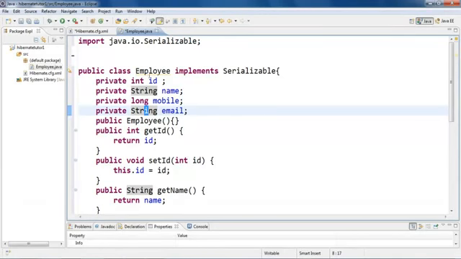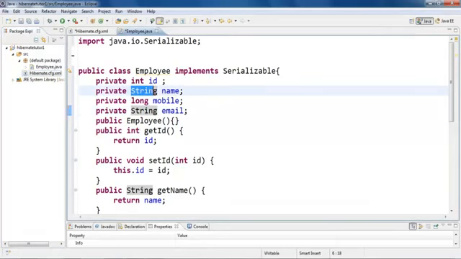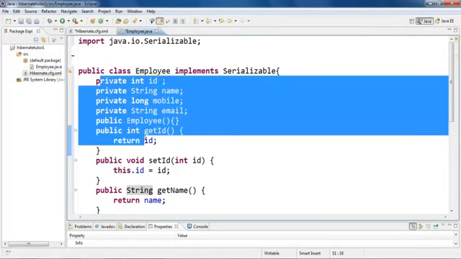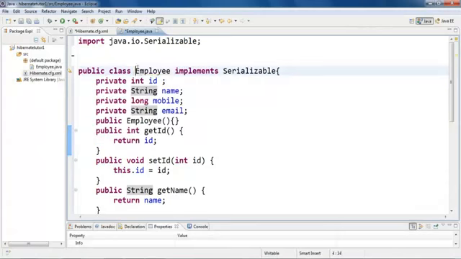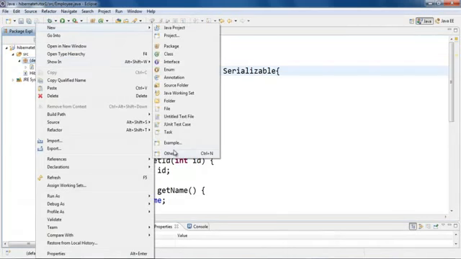So now we have to map this to our database. So let's write the next XML file. Remember, in the Hibernate framework we use two XML files. We are done with the configuration file where we configured the connection to our database. Now let's write the mapping file, the other XML file, where we'll map these variables to the column names in the database table and this class to the table name in the database. So next, create new, other,